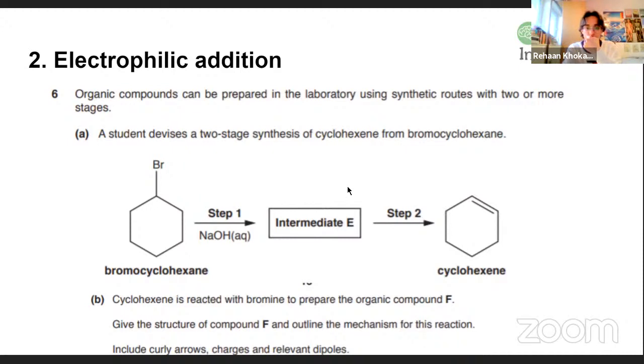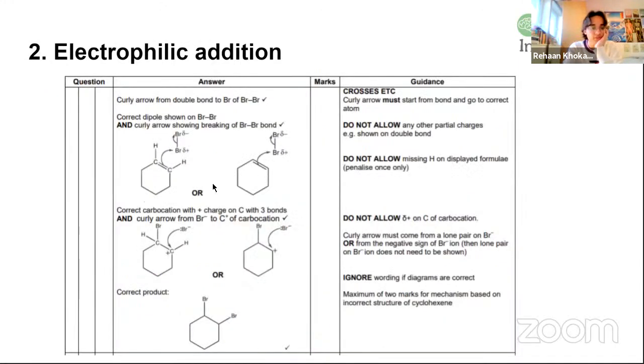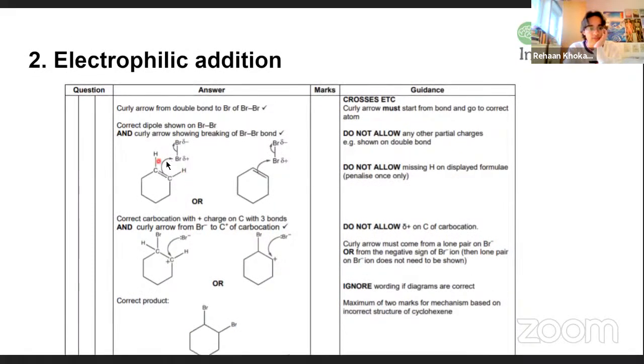Okay, I'll just show you the answer because of time. So, like I said, this is what we were trying to get at here. You can draw it with the carbons, showing the double bond, or you can draw it all skeletally. I prefer this way because it looks a bit neater. However, with the new mark schemes, you're best to be careful, and I think they prefer this method here, with it all being skeletal. So the electrons from here go to the bromine, and then from this one, they go